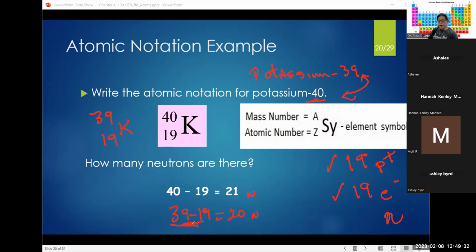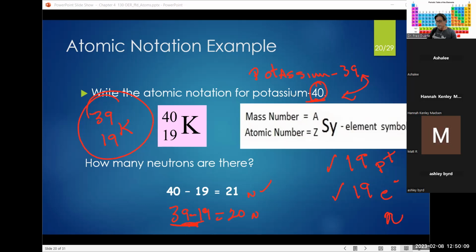So the most common isotope for potassium is potassium 39, okay? Both of these have 19 protons, and both of them have 19 electrons. Where they differ is the number of neutrons. Potassium 40 has 21 neutrons, and potassium 39 has 20 neutrons, okay? So if the question is asking you to determine the number of neutrons for a particular isotope, it is going to tell you